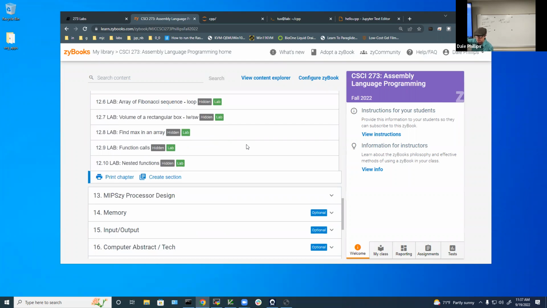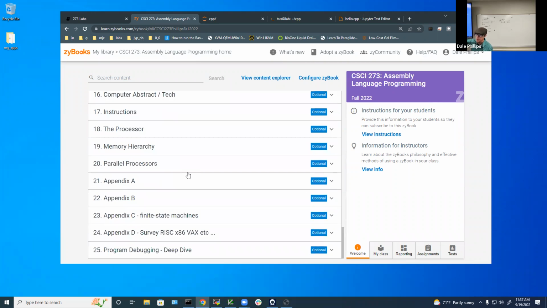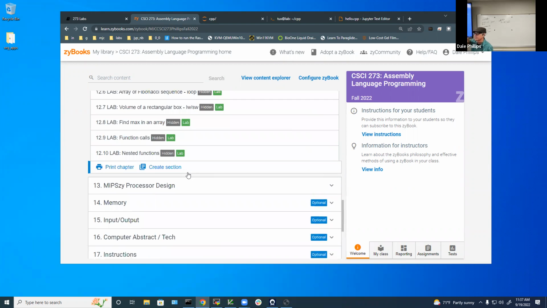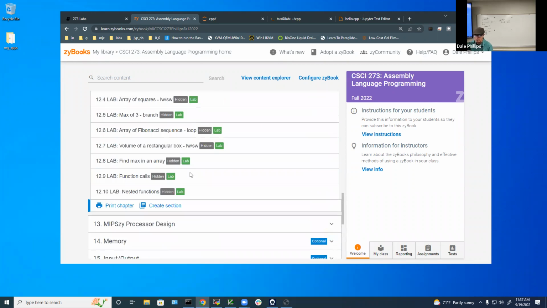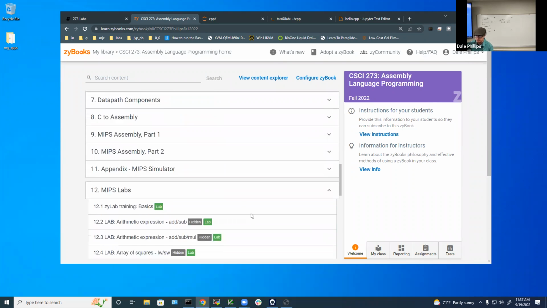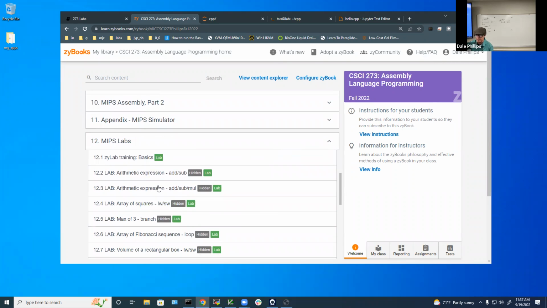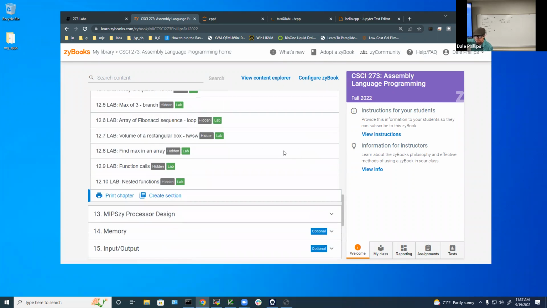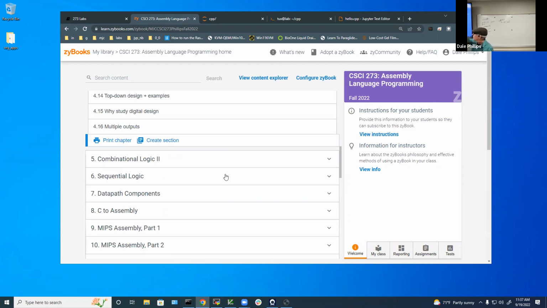So this lets you know where it's going. And then I made all these other ones optional. So all you have to do is skim through them if you want, and you don't have to do them. But the labs, I will unhide them as we go. This just got turned on, I think, over the weekend, so I didn't really have much time to vet much of this stuff. Okay. But where we're going with the definition of